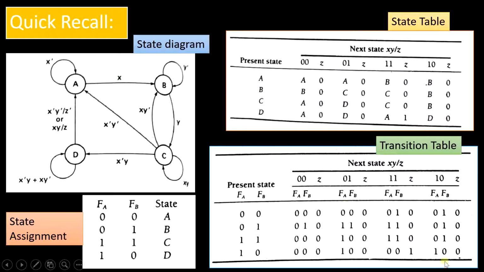For all the flip-flops that we are going to see, that is the JK flip-flop, SR flip-flop, T flip-flop and D flip-flop, we will be assuming the same state diagram, the same state table and the same transition diagram. It is just that we are going to use the flip-flop that we want and make modifications in the transition table to obtain the excitation equations.